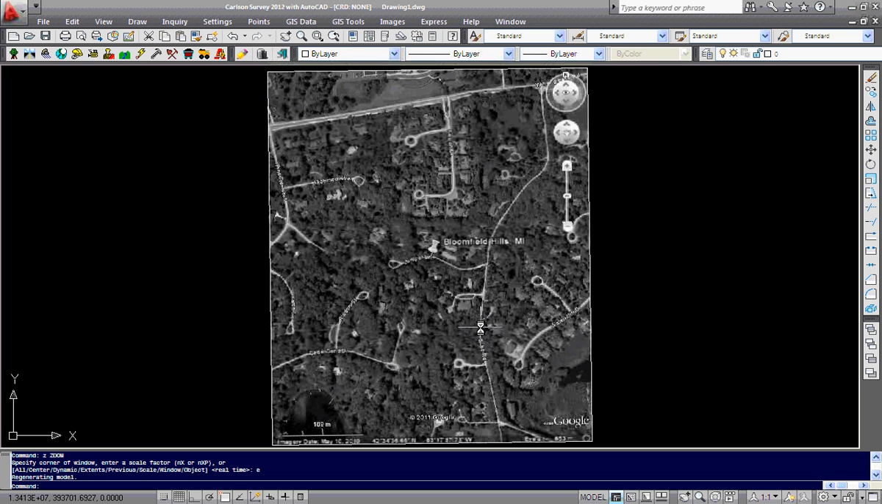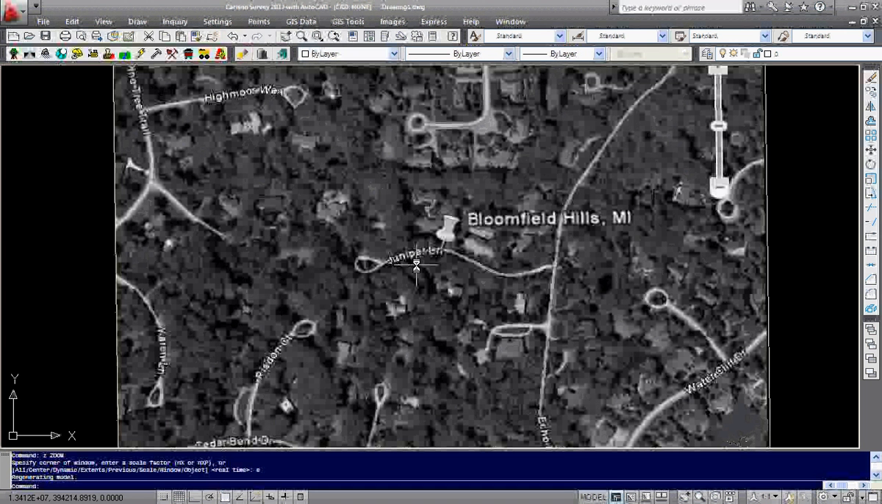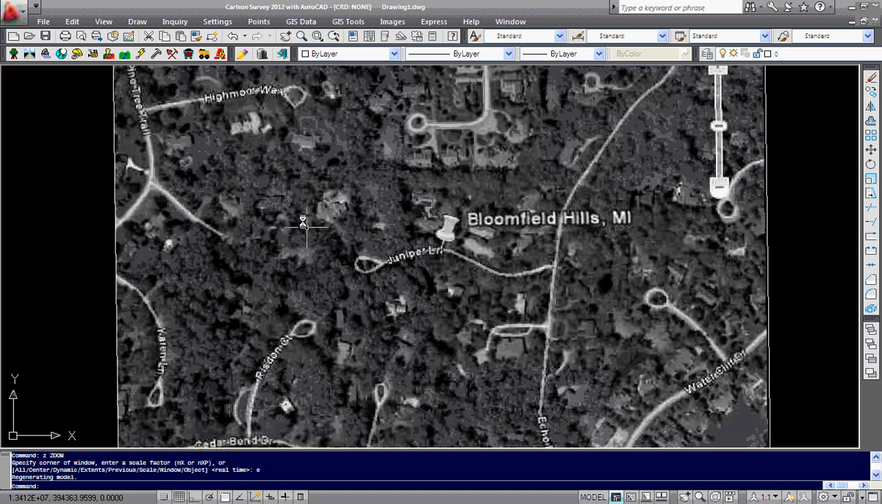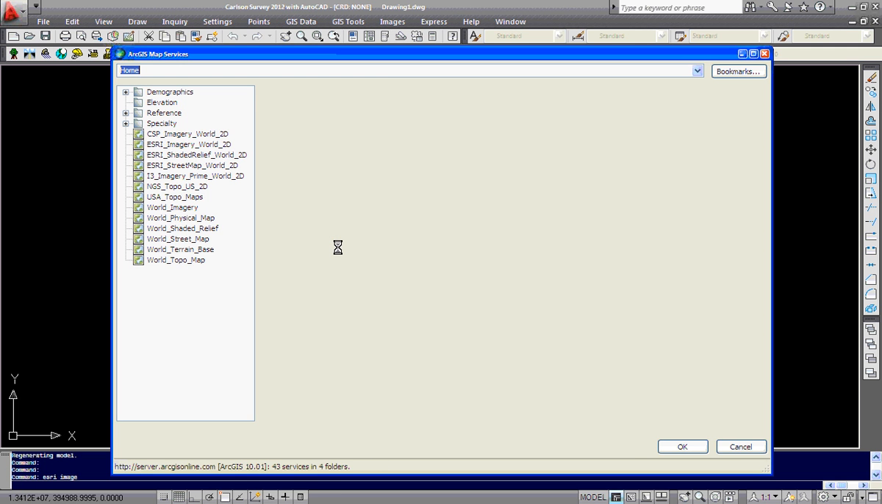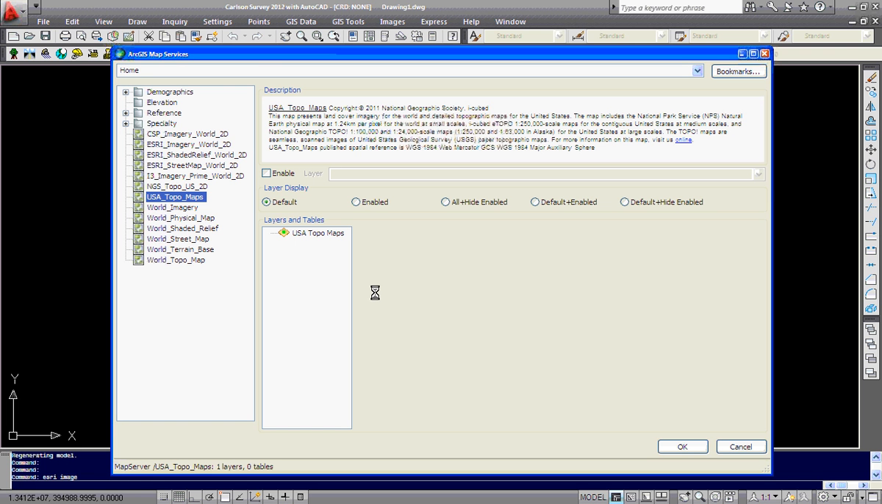In general, we'll be focusing on this area right here around Juniper Lane. So now we can return to GIS data import ESRI map service image, and it will reload all the map services available from ArcGIS Online, which is my home bookmark. I'm going to select the USA Topo Maps first, and you'll note that the descriptive information supplied by